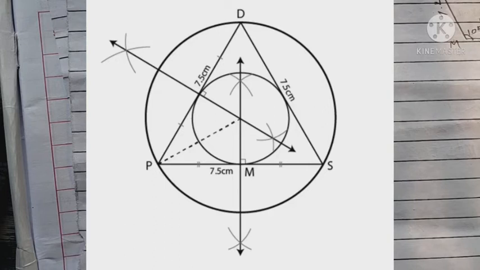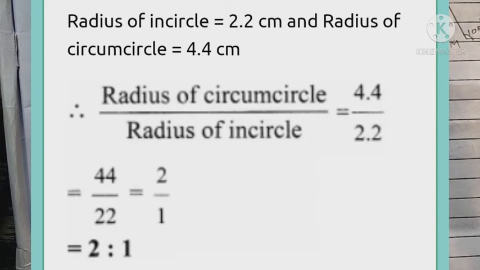The point of intersection of the side bisectors is the center of the incircle and circumcircle also. That means from the same point draw the incircle and circumcircle. Okay, that question is also homework for you. And one more part of this question: measure the radius of both circles and find the ratio. With the help of a scale, measure the radius of the incircle and circumcircle. Then find the ratio, radius of incircle upon radius of circumcircle. Then you get the ratio 1:2.